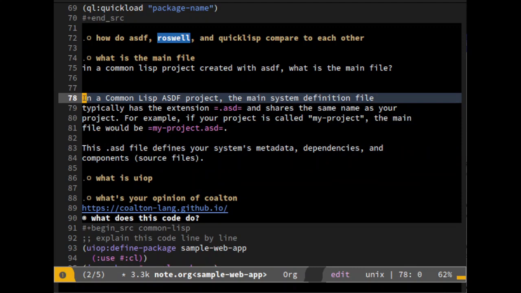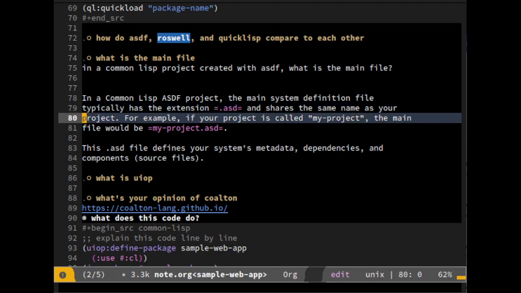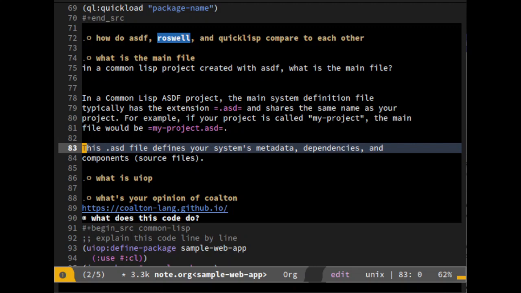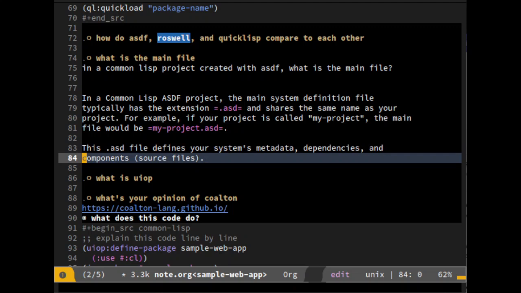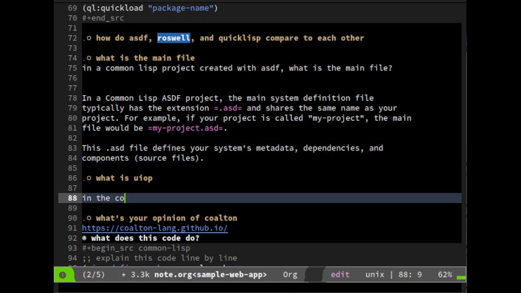In a Common Lisp asdf project, the main system definition file typically has the extension ASD and shares the same name as your project. For example, if your project is called my-project, then the main file would be called my-project.asd. This .asd defines your project's system's metadata, dependencies, and components source files. Okay, so source files are called components. In the context of Common Lisp,